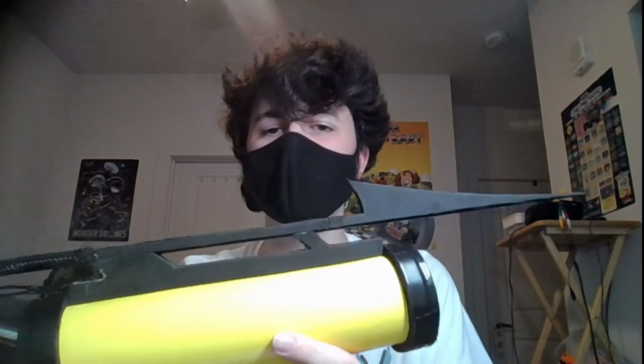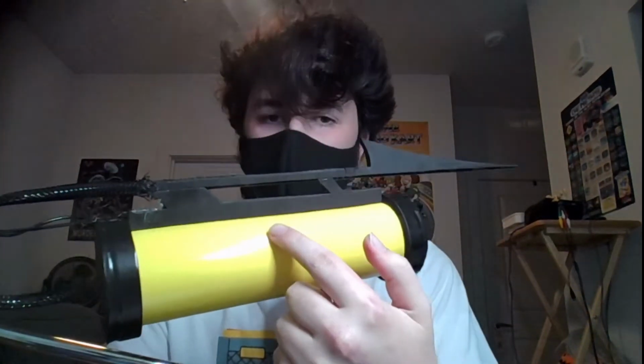This section, this long section right here, all of this black part right here, this is all just craft foam that I cut out very delicately. Same with these end caps. These are just sections of craft foam that I measured and cut and then covered with electrical tape to make it look a bit cleaner. Same with this end. What else? I hot glued it to this sheet of, I think it's like vinyl paper, some type of material like that. And this is, I forget what diameter it is exactly. I think it's